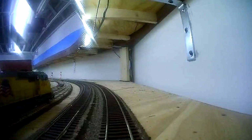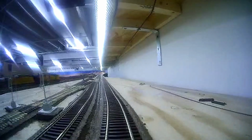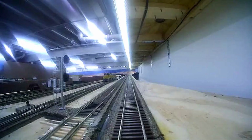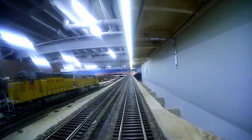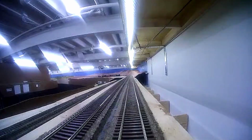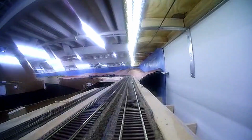And now we have the west control point, which doesn't really affect us, but that is the entrance into the west end of the yard. And then you have the switching lead here and the switchers on the west end of Evanston. And we are now heading towards Wasatch. And we are going uphill now again towards Evanston. You can see the switching lead is getting lower from where we are, and we're coming up on